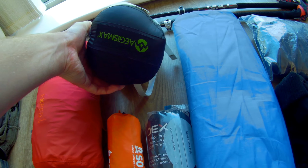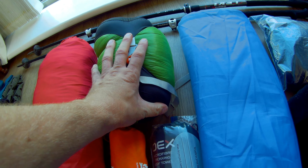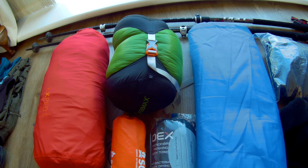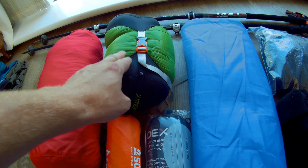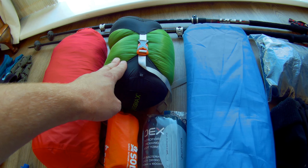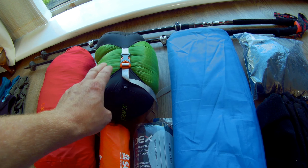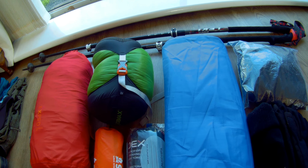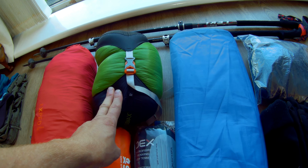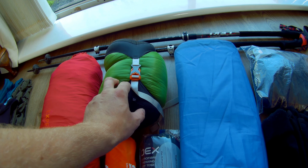There's my sleeping bag. It's an Aegis Max. It's only good for the summer. It is no good for the winter. So I'll put a link to everything below, but keep that in mind. This is really only good for the summer. I'm a warm sleeper, so this is fine for me. But that's got a silk liner in it as well, which I bought separately, and that comes in at 854